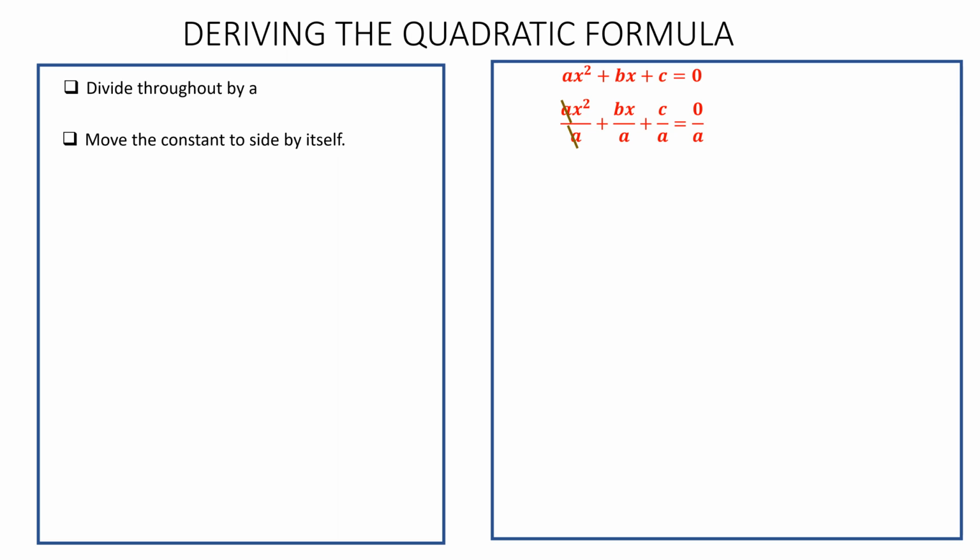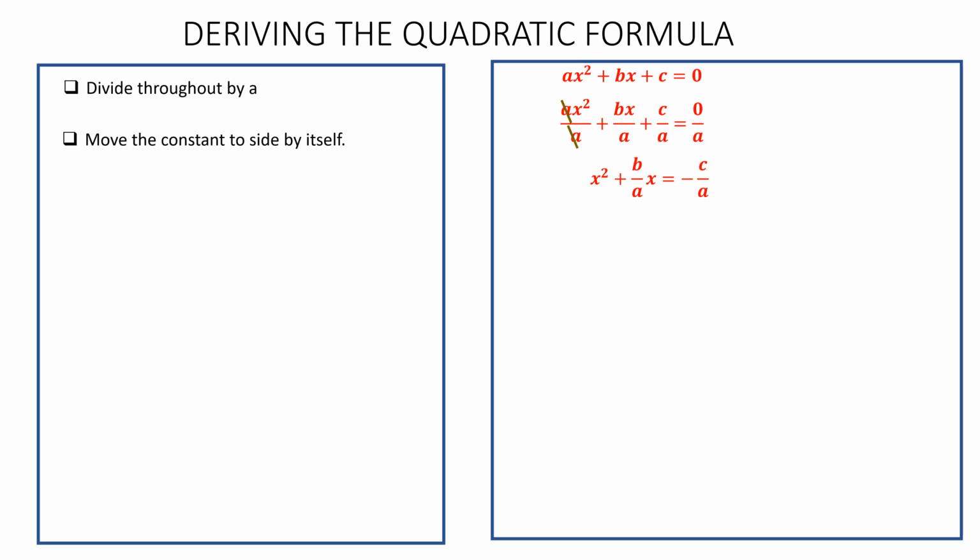So isolating those two, we have x squared plus b over a x, which is equal to negative c over a. Here it is positive, so once we subtract the fraction c over a from both sides, this will be a negative c over a, and these two would cancel. Now the next step then